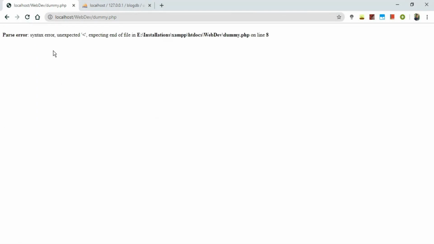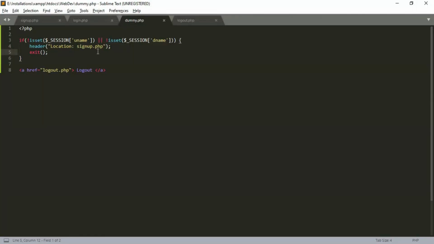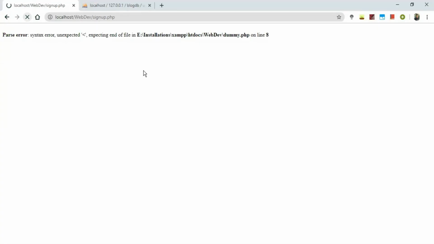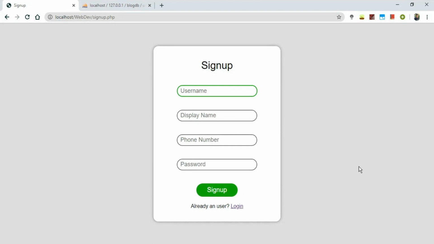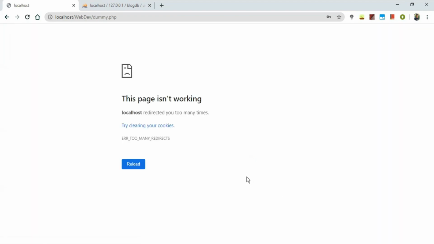Looks like we have an error here. Oh, we just forgot to close the PHP tag. Close it. Now let's check it. Now as you can see, we are sent to the sign up page. Let's now add a new user. Looks like we have some problem here.